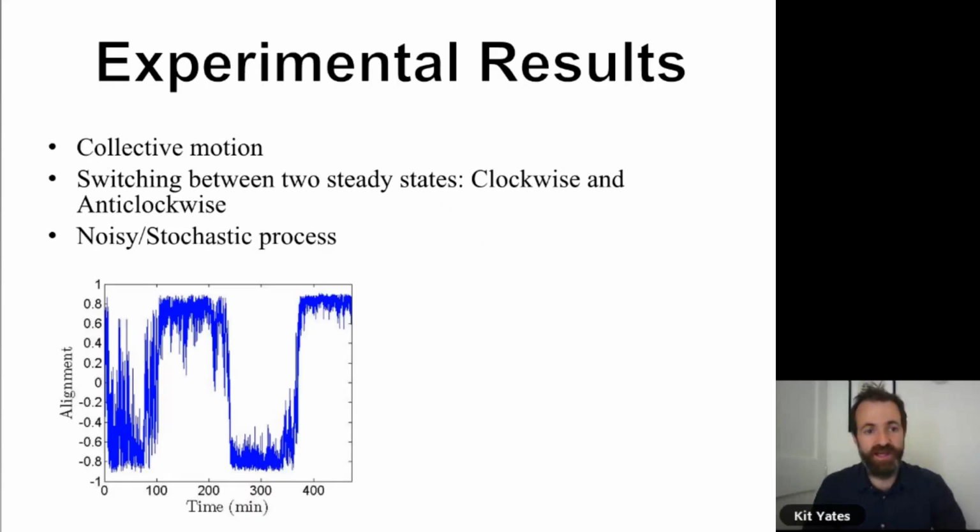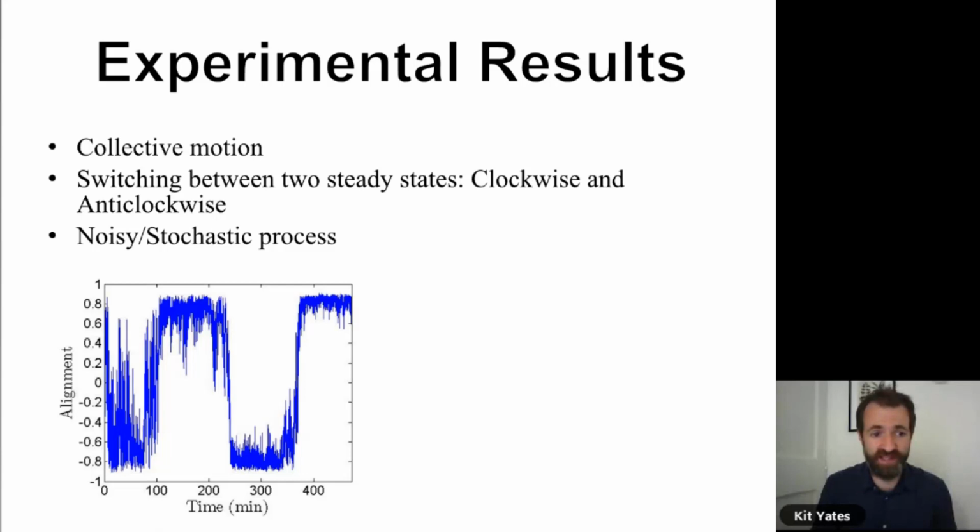So they had these experimental time courses with the locusts. What they did is assign every locust that was going clockwise a value of 1, and every locust going anti-clockwise a value of -1, and effectively just added up all the +1s and -1s to get a sense of the alignment of this swarm. Here you can see a typical time course where if the value is roughly at -1, then all the locusts were moving anti-clockwise, and if it's a +1, then most of the locusts were moving clockwise.